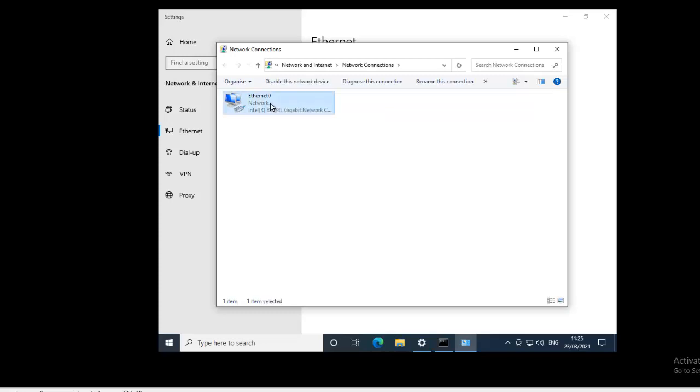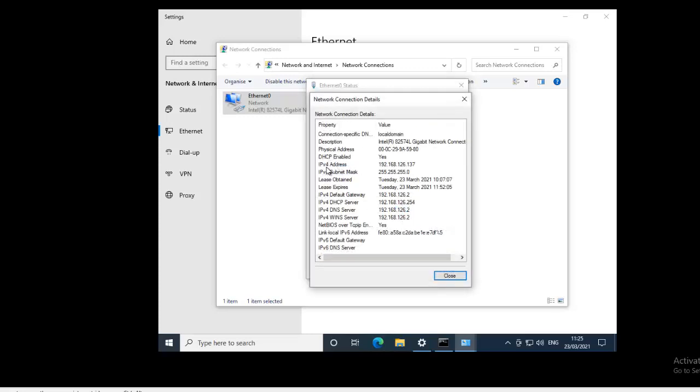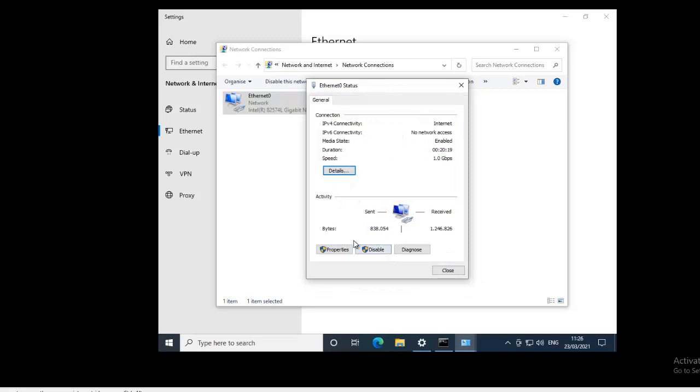So I'll just double click on this, which will take you to the properties of your internet network card. So you can see I have an IP version 4 connectivity which has internet, and if I click details here, you can see that I have my IP version 4 address, a subnet mask, and my default gateway, and you can see my DHCP server IP address and my DNS server address. So let me just click close, and here when I click properties,